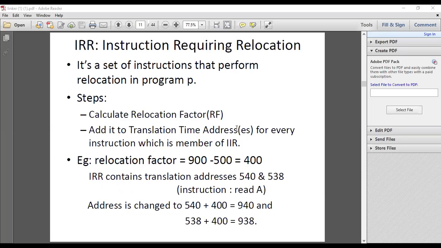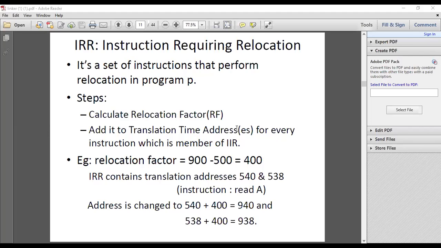Then we have seen the instructions requiring relocation, which is the set of instructions that perform the relocation in program P. In the program, some of the instructions require relocation, whereas some instructions are not address sensitive, that is, they do not contain addresses.